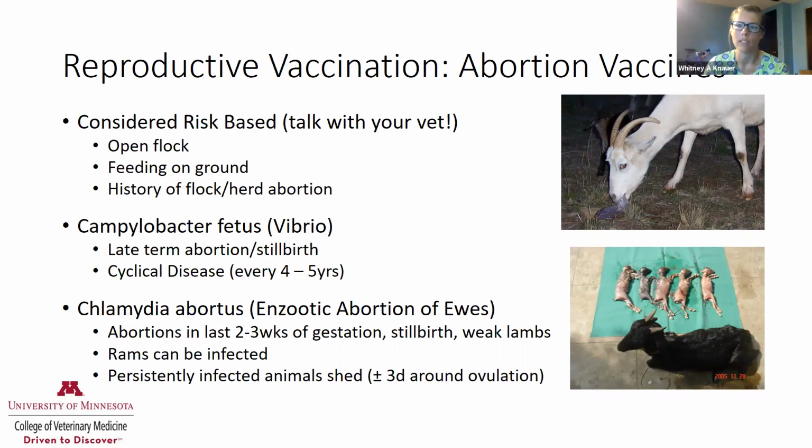But when we think about other risks, one of the risks that we might have is abortion, the reproductive abortion agents. This is something that you would want to discuss with your veterinarian. You wouldn't want to just start vaccinating for these things because typically we don't want to, first of all, spend money when we don't need to, or vaccinate without having a disease pressure. So what are the risks for introducing these agents? Having an open flock. We'll talk a little bit later about what that actually means, but really if we're having animals coming in and no biosecurity, no testing surrounding them, feeding on the ground, so giving our sheep and goats opportunities to do things like eat placentas,